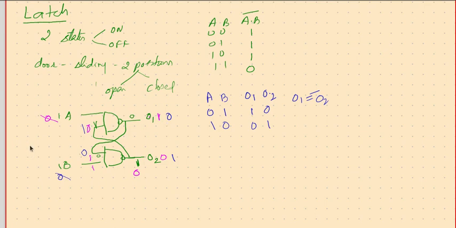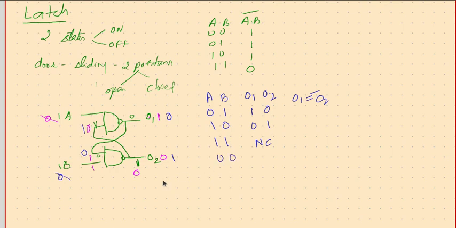Now what is happening is if this is made 0, we get 1 0 as output. If this is made 0, we get 0 1 as output. And if both are 1 1, then we don't know what it will be. We have seen last time when this was made 0, this has become 1, this has become 0. After that, if this is made 1, then 1 1 means there is no more change. So we can say there is no change in the output. If it was 1, it will remain 1. If it was 0, it will remain 0. If it is 1 1.